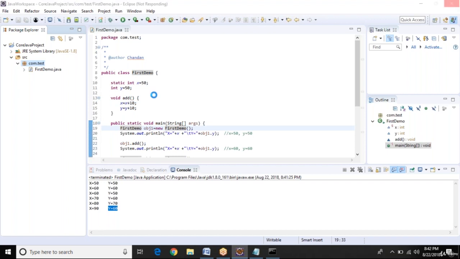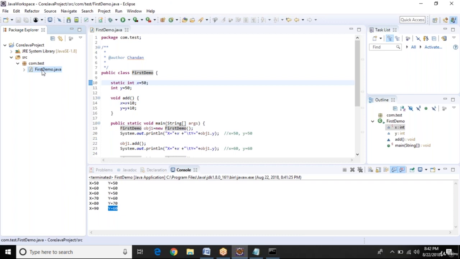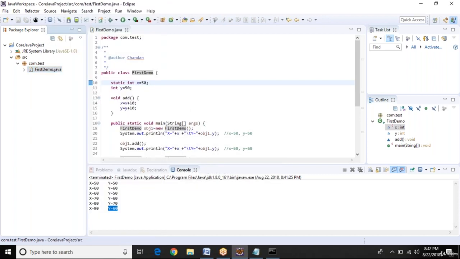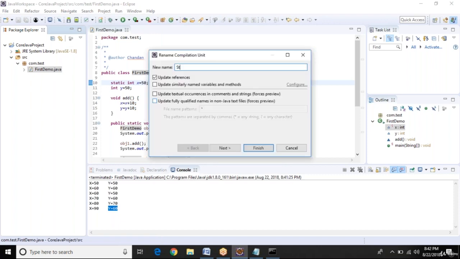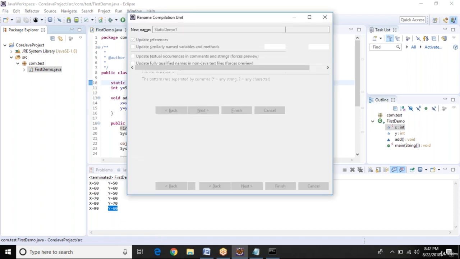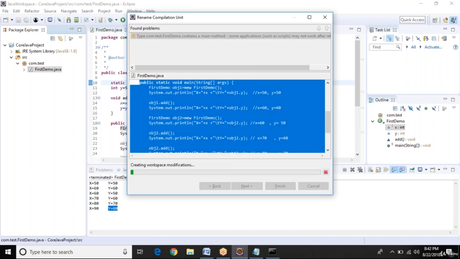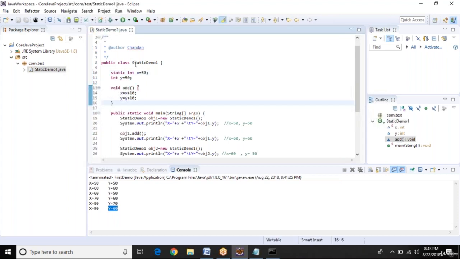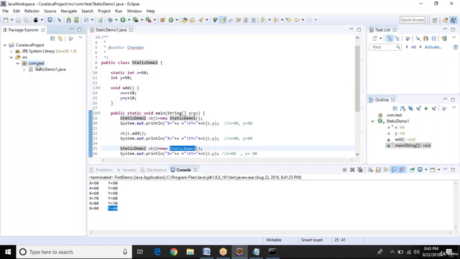Let me rename this file to StaticDemo1. This will automatically change the class name as well as all the object names we have created here. Now next we will create another class called StaticDemo2.